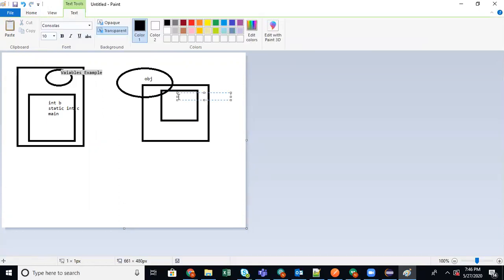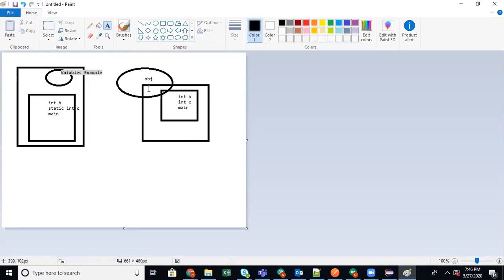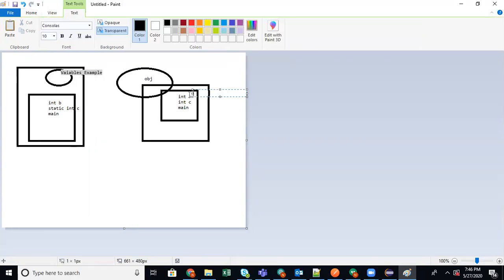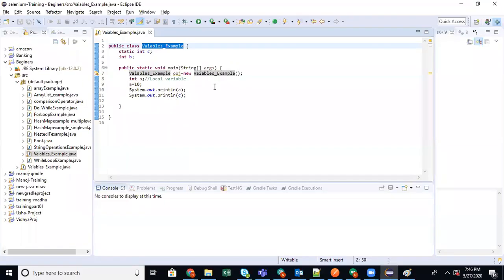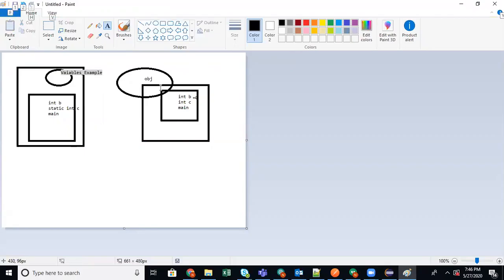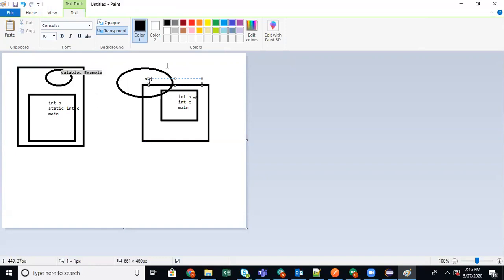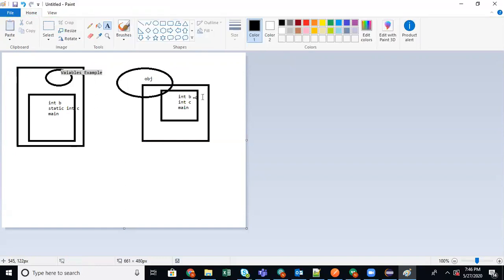What is the instance variable? int b, as well as the class variable, but you don't need the object to initialize it, though you still can have it. And then the main method. Main method is a default method, so you don't need an object to call it, so you can leave it off. So this object will now initialize the instance variable to 0 if it is not assigned. Now it's done. Now you can call obj.b, which will print 0.